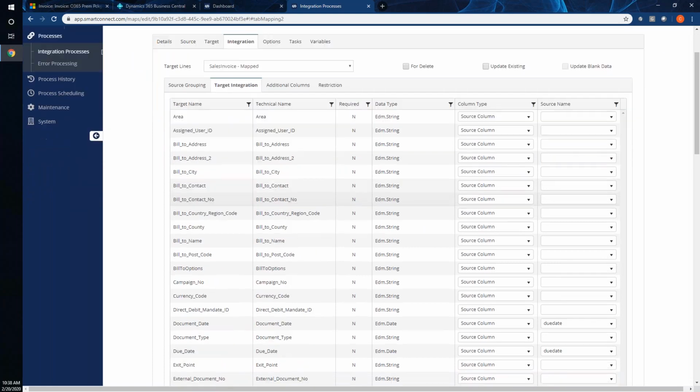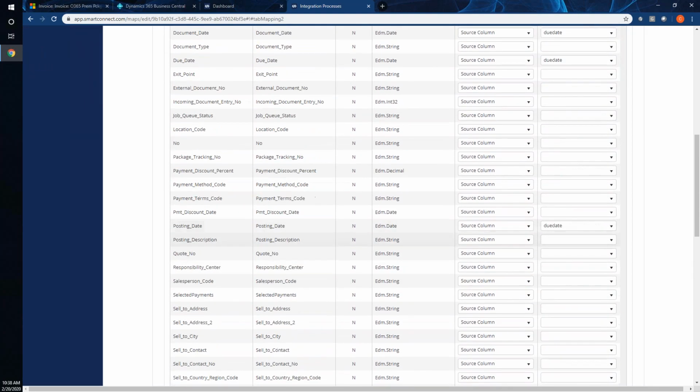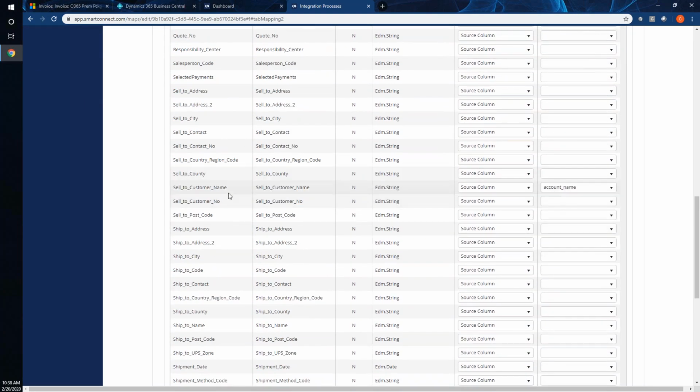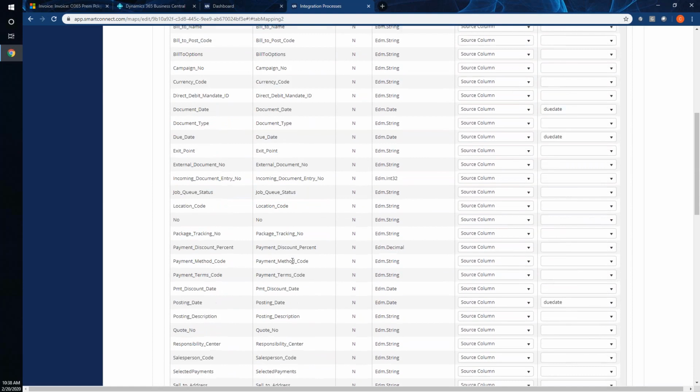So when we look at this and we open it up, again, depending on which destination you choose in SmartConnect, you get access to all of the fields that you could want to map something to with your integration. So in this case, we're taking the due date from customer engagement and from Work 365. We're taking the account name to make sure we match the account number. And we're setting all the different fields we may need at the different points of the invoice to allow it